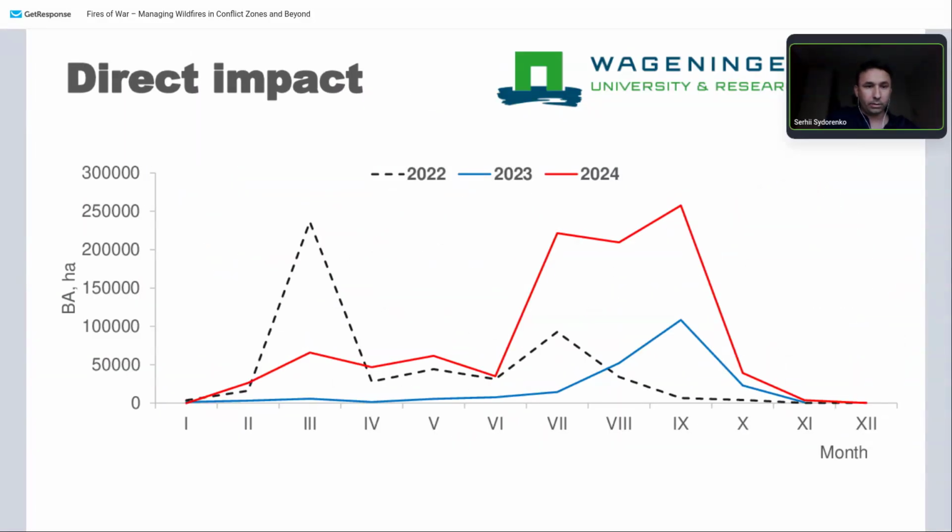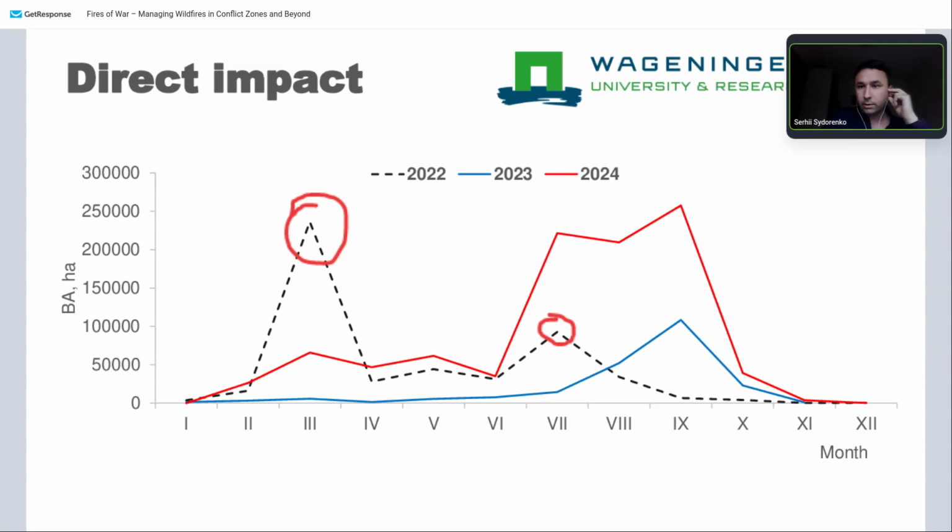Before the massive invasion by Russians, we had a quite smooth and stable seasonality of landscape fires. Usually we have two peaks of wildfires: in the early spring, and at the end of summer and beginning of autumn. But with the war, as you see, we also have two peaks, but the biggest one was in April,